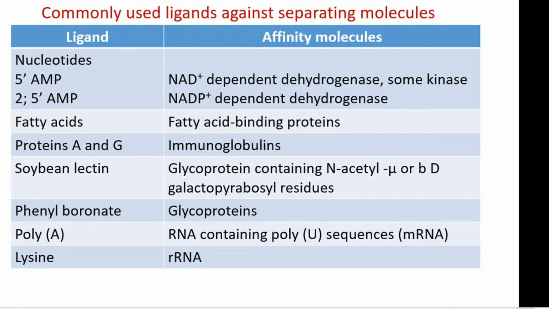And similarly, you can also see that 2,5-AMP is another molecule which can separate the enzymes that are NADP plus dependent. So the NADP plus dependent enzymes can be removed, and these enzymes will get separated, right? So when we use 2,5-AMP as a ligand in the matrix, then fatty acids can be used as